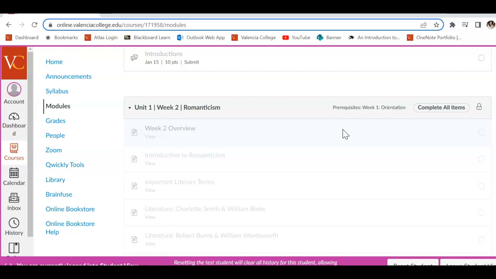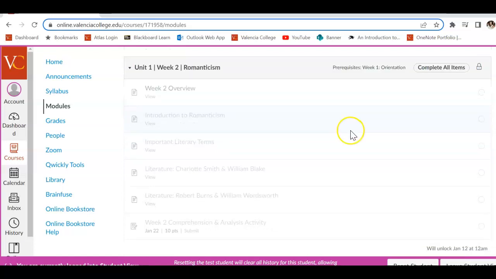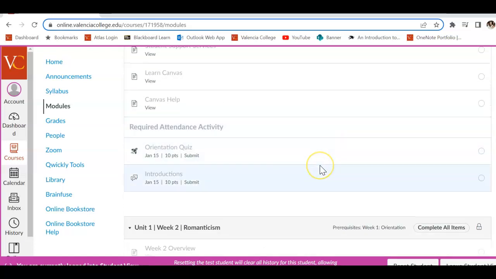This is to give you a little bit of extra time, so that if you know you have something planned and you need to work a little bit ahead, you are able to. Something else worth noting is that generally you will have one assignment due per week. This week is a little bit of an anomaly because we have introductions and the orientation quiz. That said,